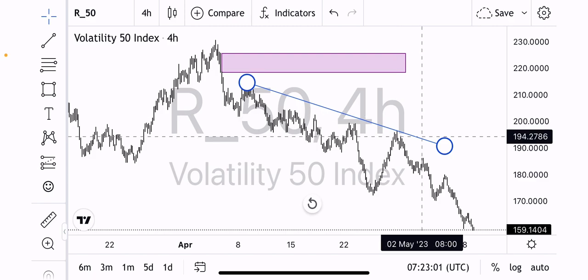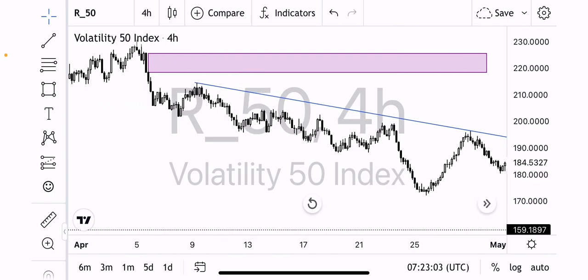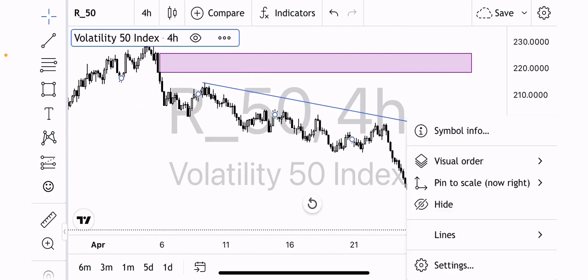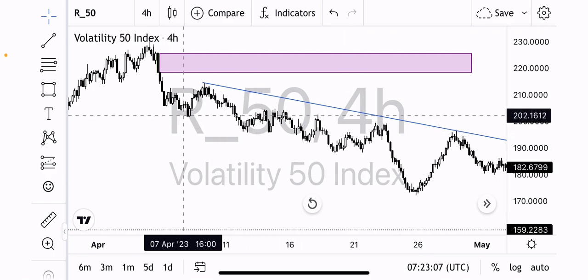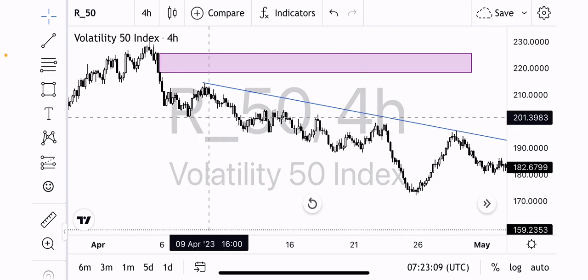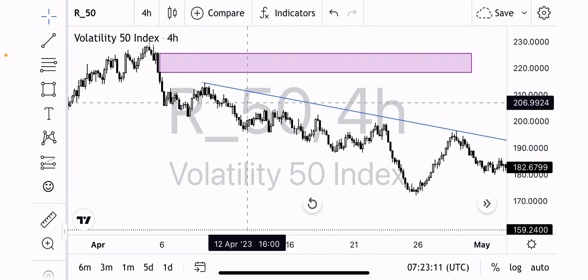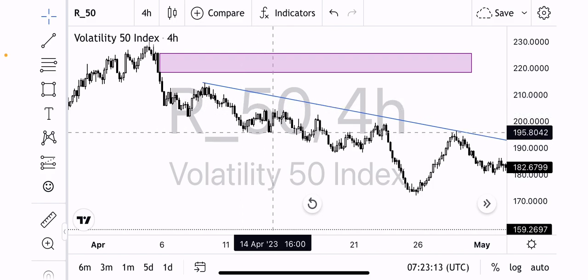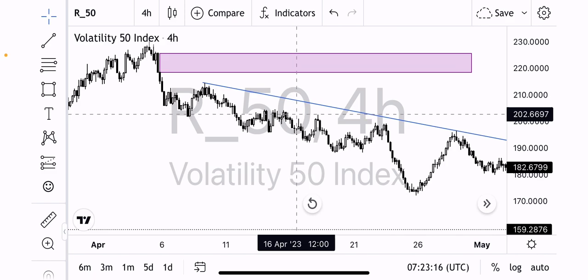It will use all this week to week mitigation. You can see the market was using all this area. You can see we had BMS, which is the internal structure BMS. Market came back to an area here. We had another BMS here, and then market came back to this area.